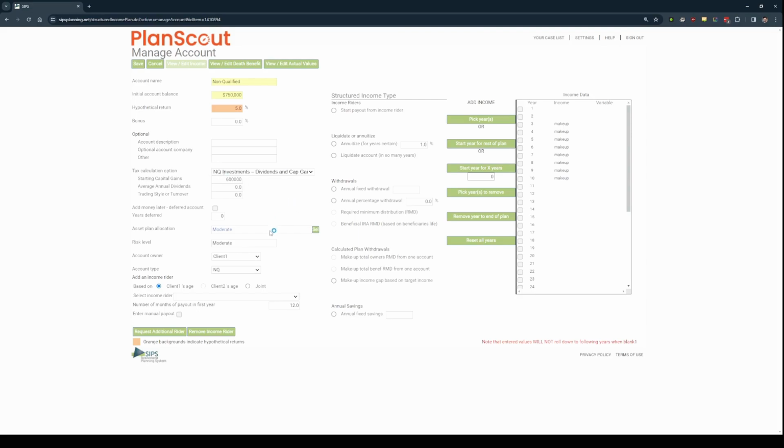in this field. Average annual dividends tells SIPS how much of the hypothetical return percentage will be realized as an annual dividend and how much of it is going to be from capital gains. So if we have a hypothetical return of 5% and we put annual dividends of 2%, that means that 2% of that growth will be taxed as dividends, and the other 3% of that growth will be taxed as capital